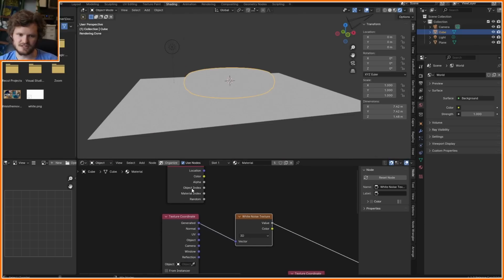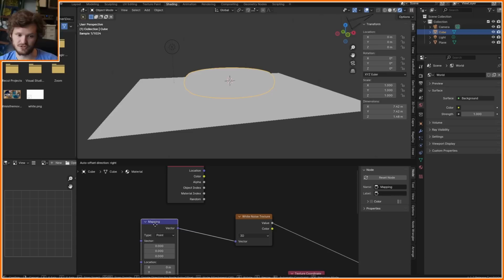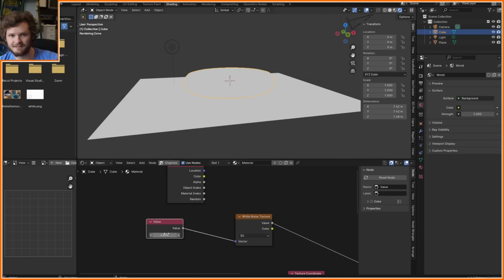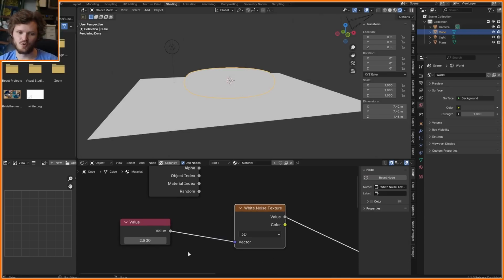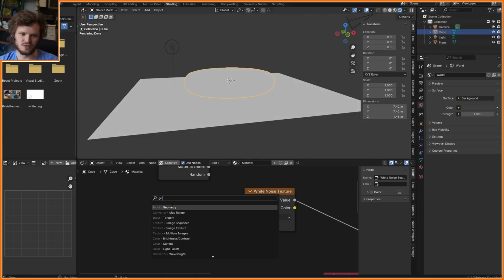And to me, this is important because instead of using generated coordinates, we can use a single vector, right? Or a single number to determine this. Let's actually use a single number. And you're going to see as I change this number, it's going to give the same color to everything because our white noise is evaluating at a single vector, only at 3.07, 3.07, 3.07. And because that's the same everywhere, it's going to give the same random number everywhere instead of using something like,